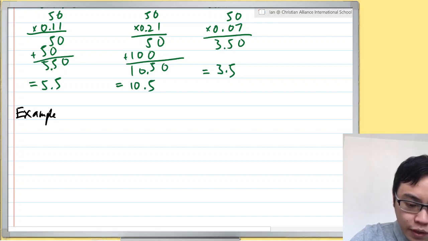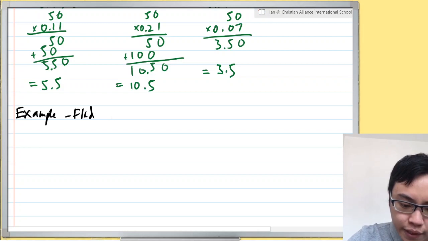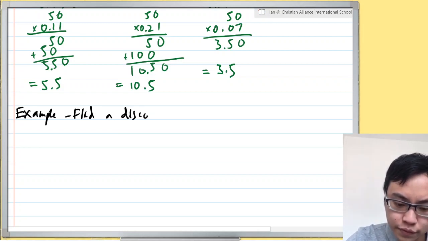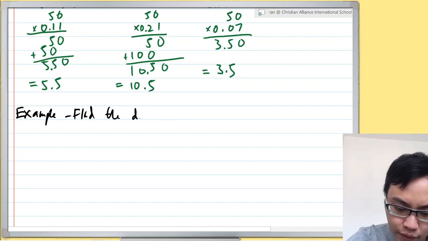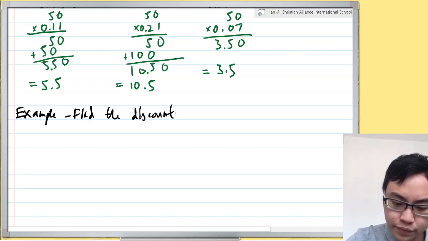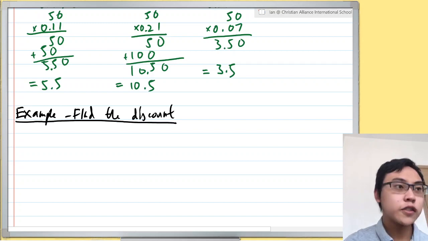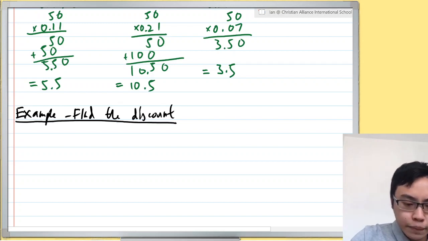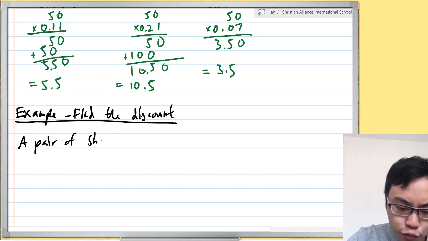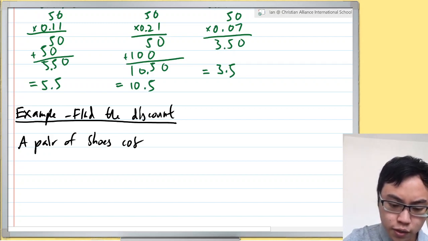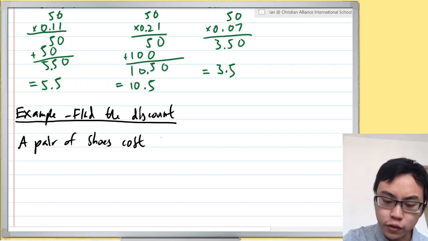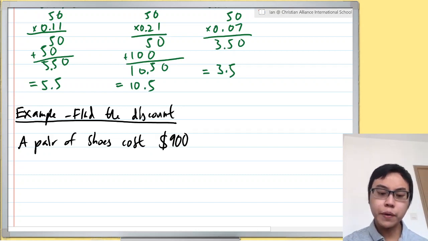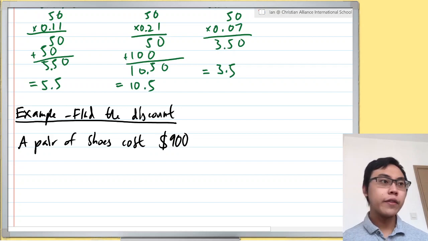Example, finding a discount. So let's say a pair of shoes cost, let's say $900. Just a pair of shoes cost $900, and then